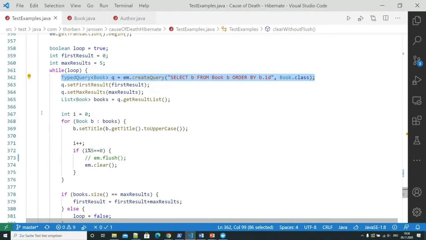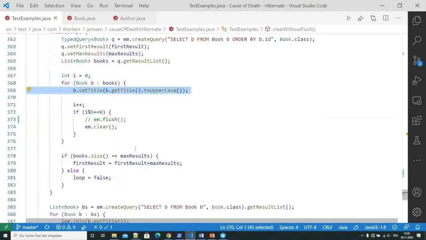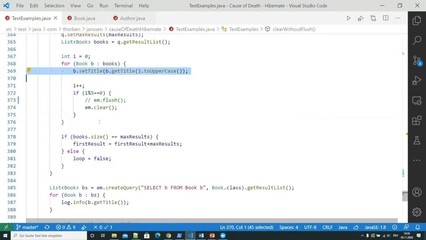So fetching all of them in one go is not a great idea. We better use pagination, fetch a bunch of books, iterate through them, change the title. Well, and then we at some point need to clear up our persistence context, because otherwise the garbage collector will not be able to remove the book objects, because Hibernate is keeping a reference on it.